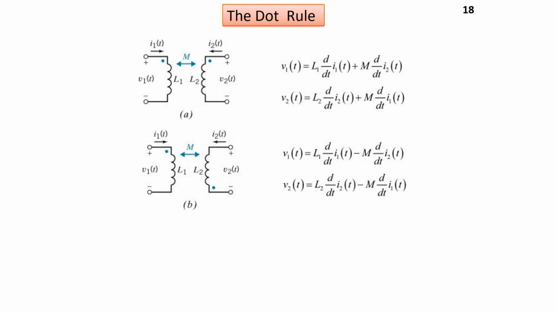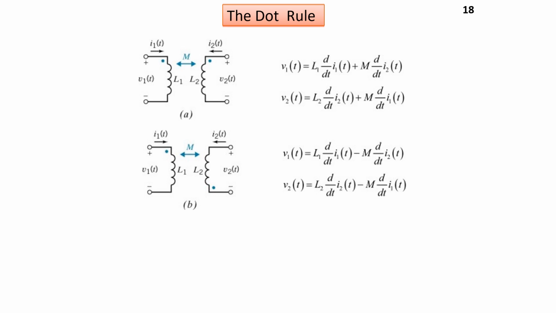And if the currents enter from opposite terminals, then we use the second equation, that is V1 of t is equal to L1 d by dt I1 of t minus M d by dt I2 of t, and V2 of t is equal to L2 d by dt I2 of t minus M d by dt